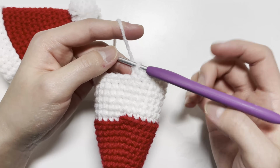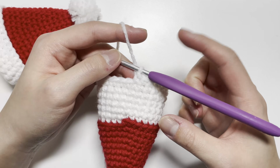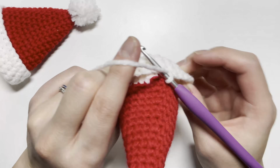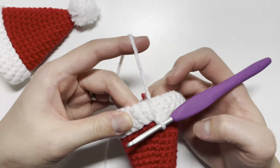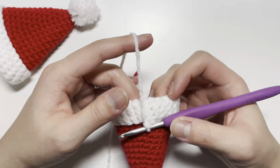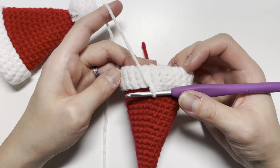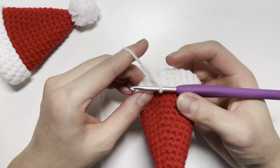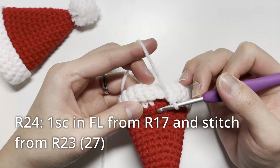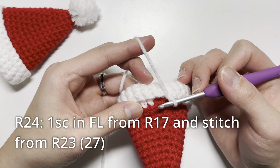Of course, if you do want to make your brim thicker, you can go and do more rows of white, but I like this thickness because if I roll it over, fold over the brim like that, it looks proportional to me. So now for our last round, round 24, we're going to be working into the front loop of